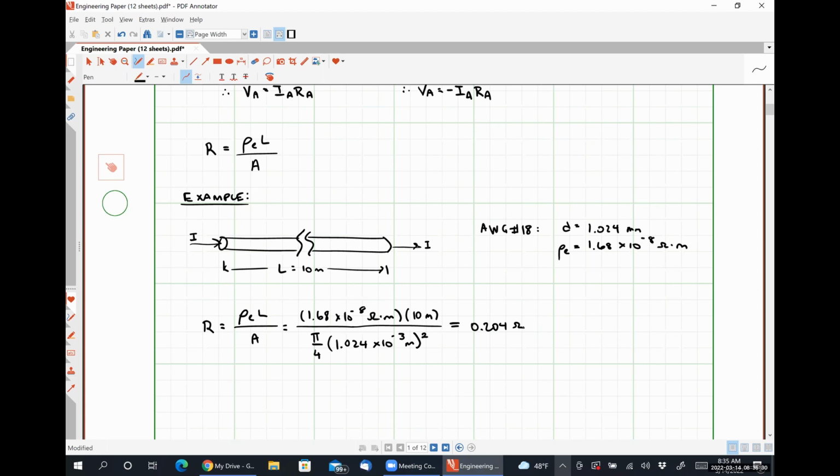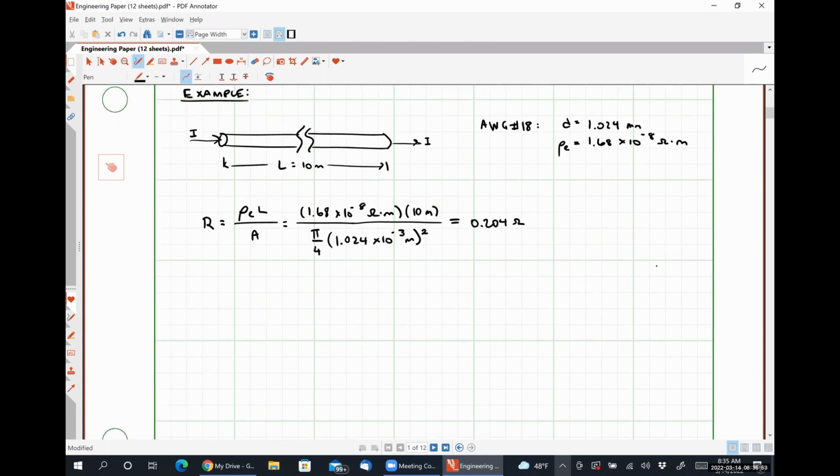So this is astronomically larger than you would ever reasonably use to connect 2 points together, and it still has a significantly lower resistance than the smallest resistors that you have experience using. So in this class, we are going to treat wires as if they have no resistance,